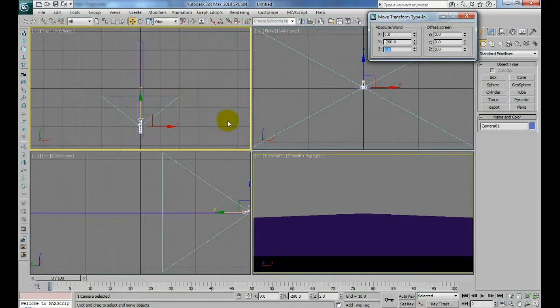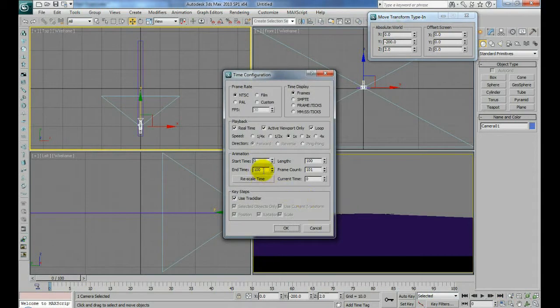Doesn't have to, there's no given setting for this. This is just going to control how fast the camera is going to go across our clouds. Okay, then we're going to go to our time configuration here. I'm going to set our end time to 600